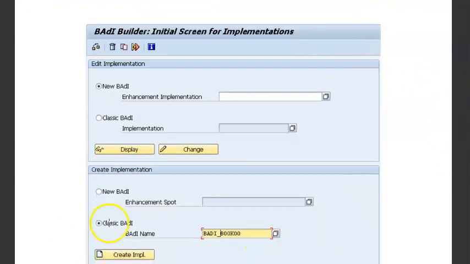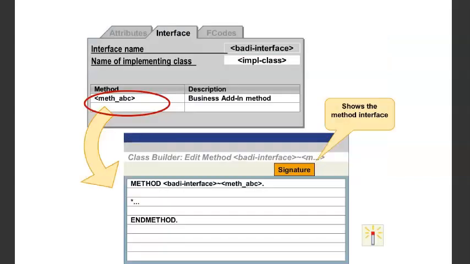So we have done this classical definition. We have given the BAdI in which we have to do the implementation. Once we have done that, it will ask you for the implementation name, so we need to write some implementation name.